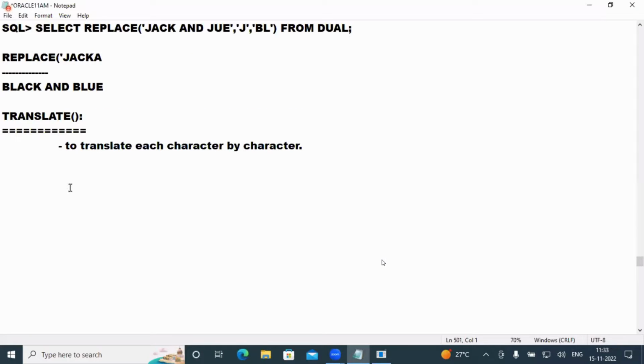And here you can see the syntax. What is the syntax here? Translate of string number 1, string number 2, and string number 3. So you have 3 strings and 3 arguments in this translate, and let me see how